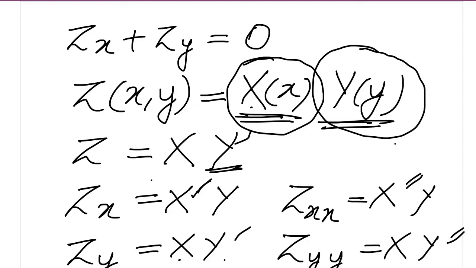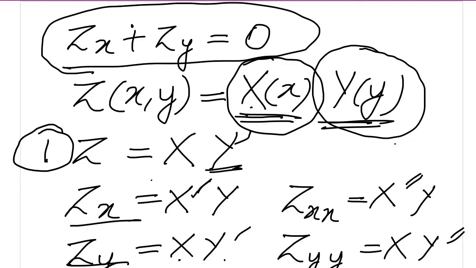Now, this is the first step that we have to do: we have to assume that it has a product solution of this form. Next, you have to substitute all these terms, z, zx, zy, into the given partial differential equation. When I substitute that and simplify it, we will be able to reduce it into two ordinary differential equations,